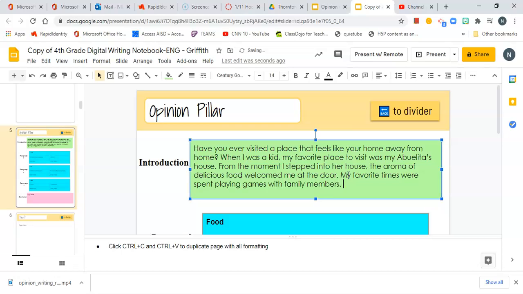And then farm, I would get lost in the many trees in my abuelito's farm.